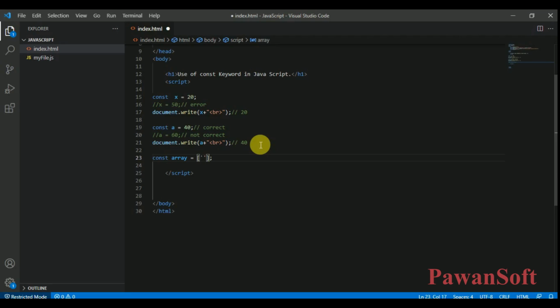This is Pawan, and this is Ram, and this is soft. Basically this is the name array.